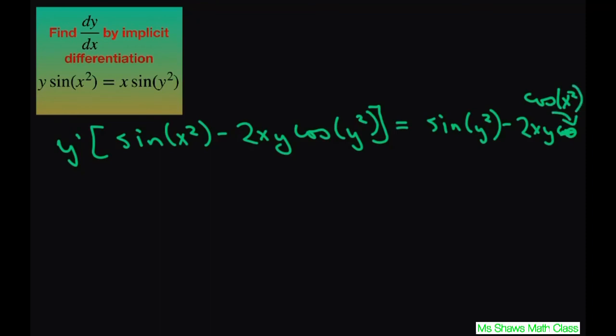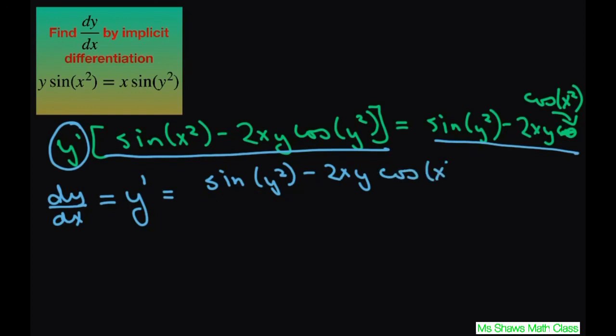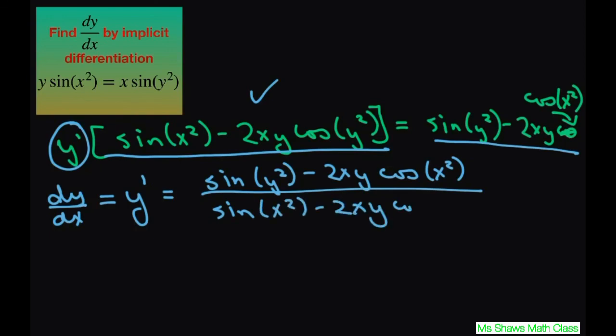Now to solve for y prime, we're just going to divide both sides by this. So we get our derivative of y with respect to x, which I changed to y prime, equals sine of y squared minus 2xy cosine x squared, all divided by this here. So that gives you sine of x squared minus 2xy cosine of y squared. And this is your